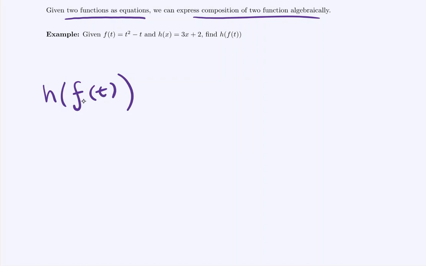Now in this case, do we see f of t as the function written on the inside of the parentheses? That should tell us it's the input to the function h of x. So what we're going to do is everywhere there's an input for the function h of x, we are going to replace it with the entire input f of t, because that's what a composition means. Everywhere there would normally be an input,